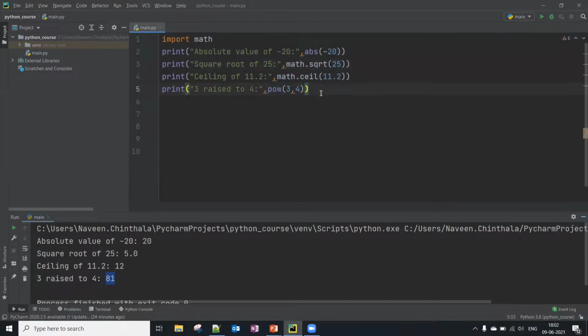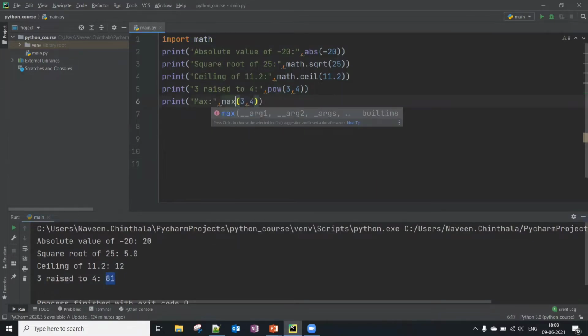And let me show you the other two also, minimum and maximum values. Then we can close this mathematical function. Say max of 7, 8, and similarly minimum of 3, 8.